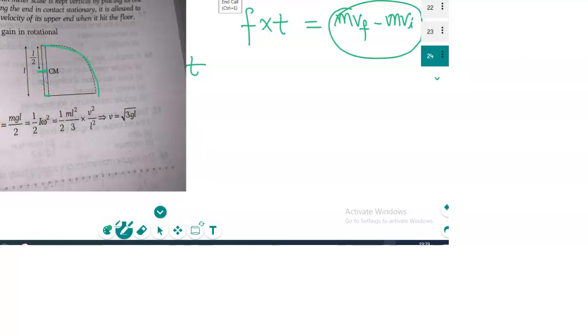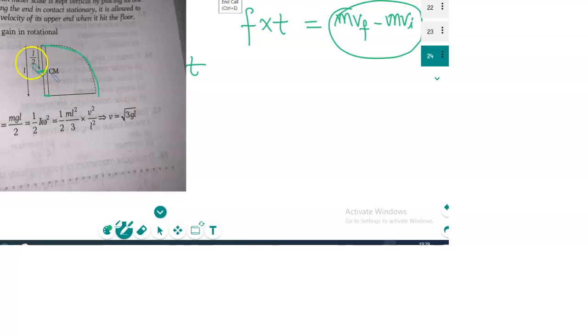This is what I didn't understand. Why do you take half? Because of where the center of mass lies. See the rod: where is the center of mass? In the middle. Here it is a very small mass on the top and a small mass at the bottom; the average mass is at the center. Is it clear or not?